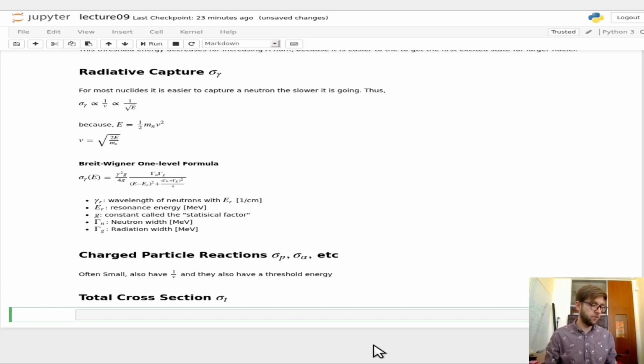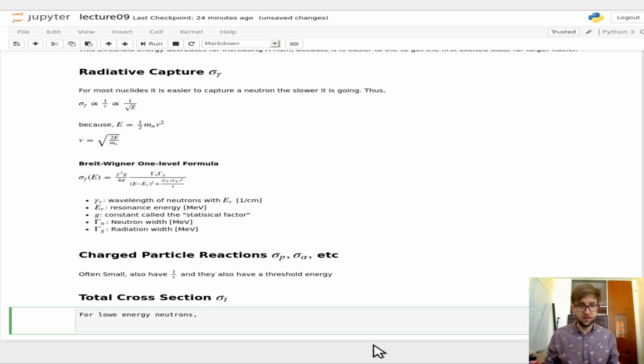So for low energy neutrons, we've defined our total cross-section as the sum of the scattering cross-section and the absorption cross-section. If we don't have inelastic scattering and we're just looking at radiative capture for the moment, so we're below the threshold for inelastic scattering and some of these charged particle reactions,